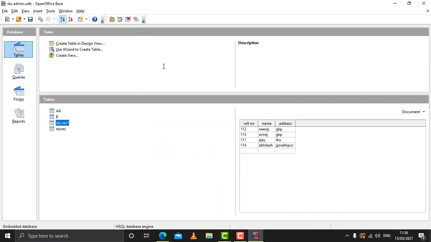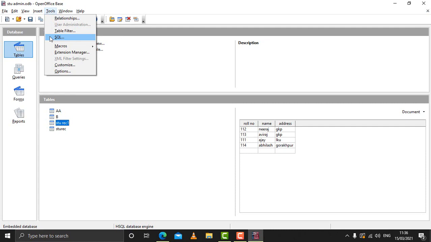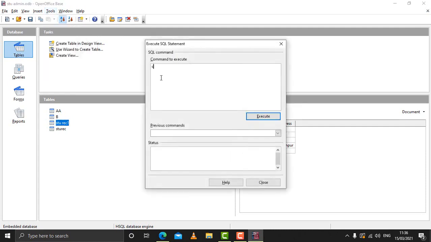When we create a table, sometimes it happens that we may miss out some fields, and in that condition we can use a command which can give a default value to those records where we do not enter it. So it happens during the creation of the table. So let's create one more table to check that, and for that you need to go again to tools, then come to SQL, and then type the command